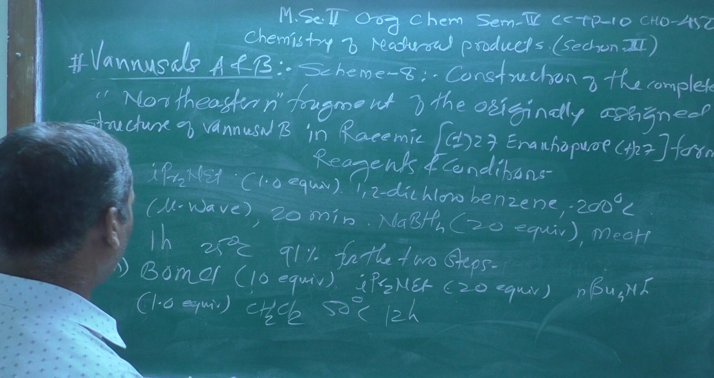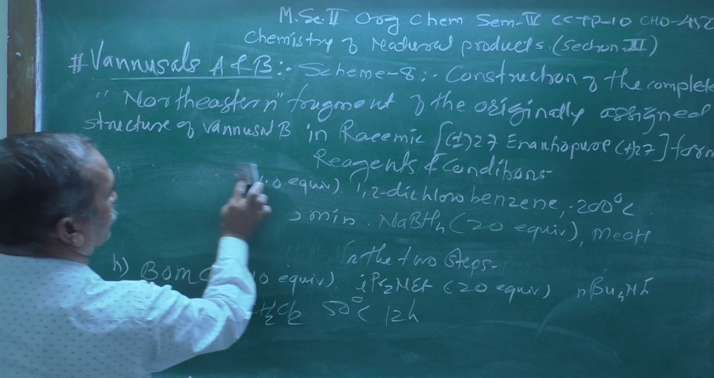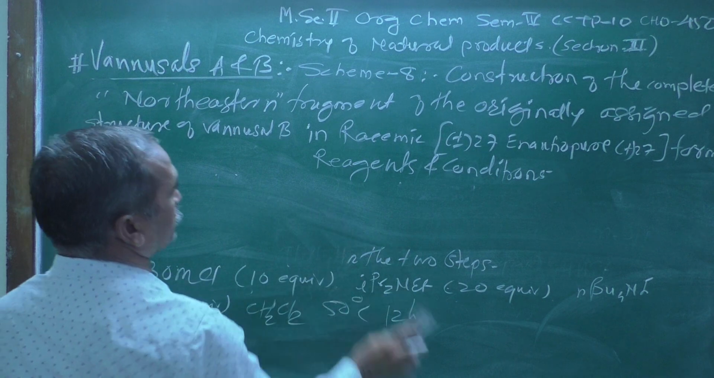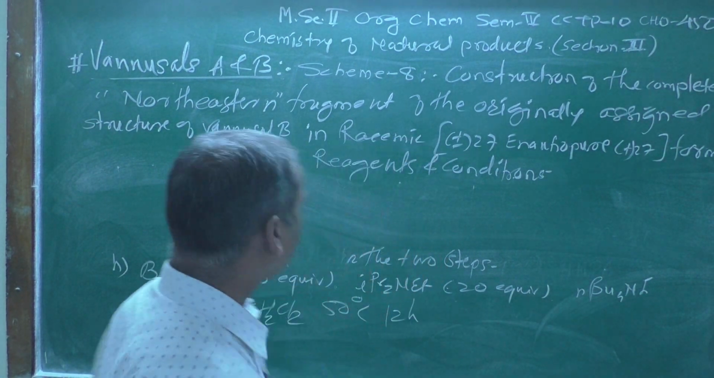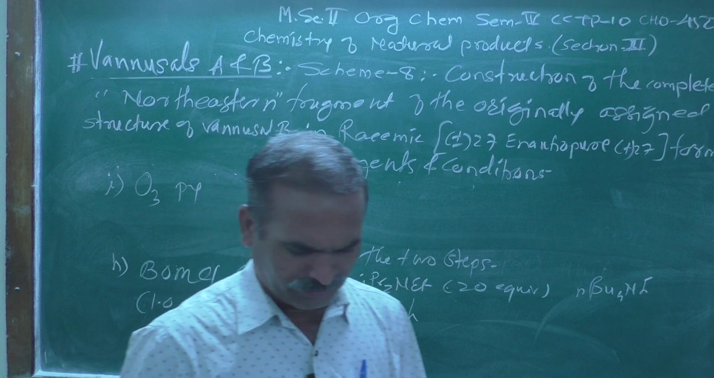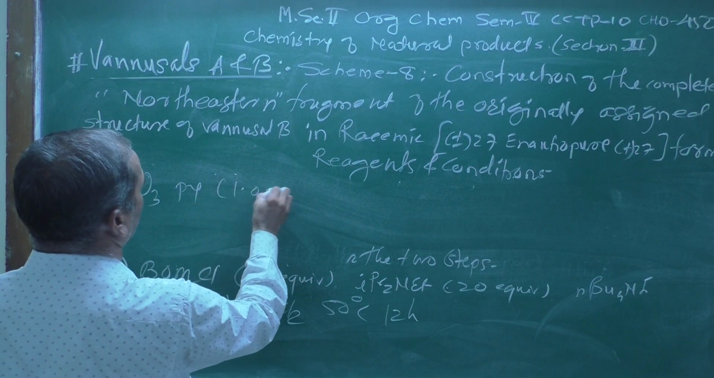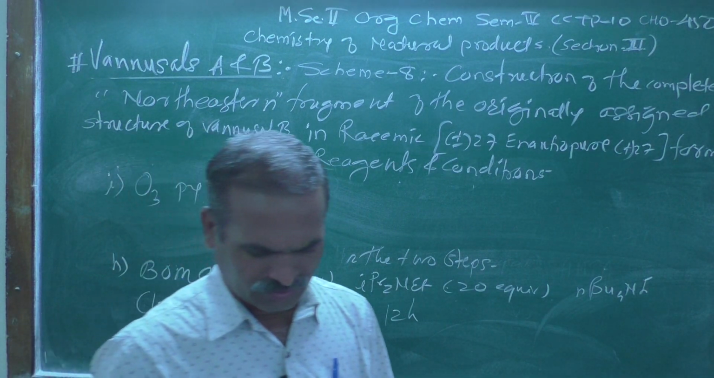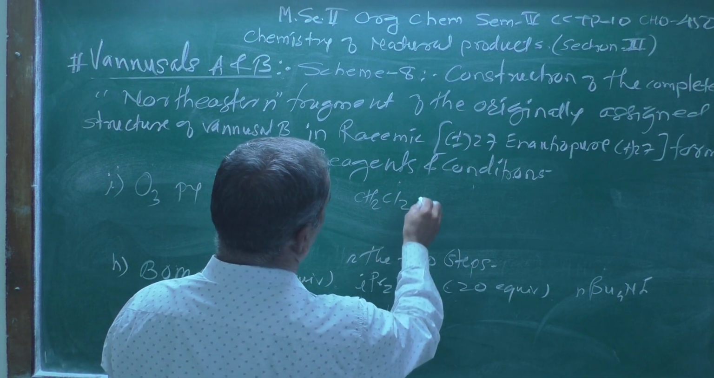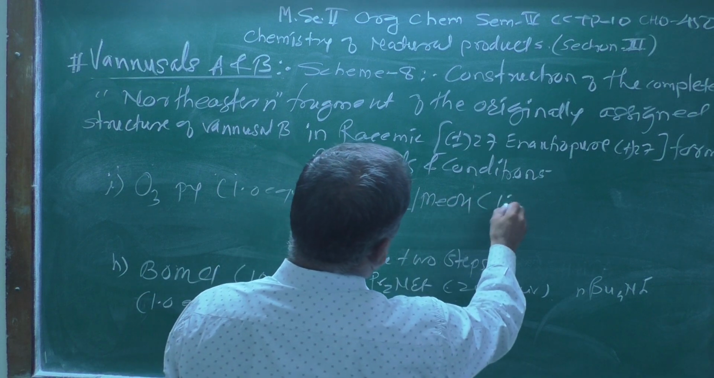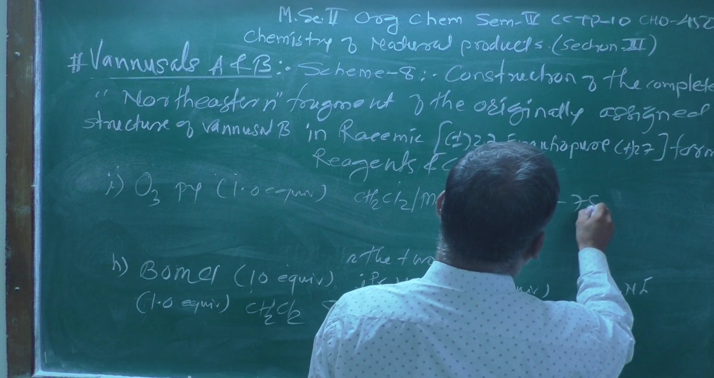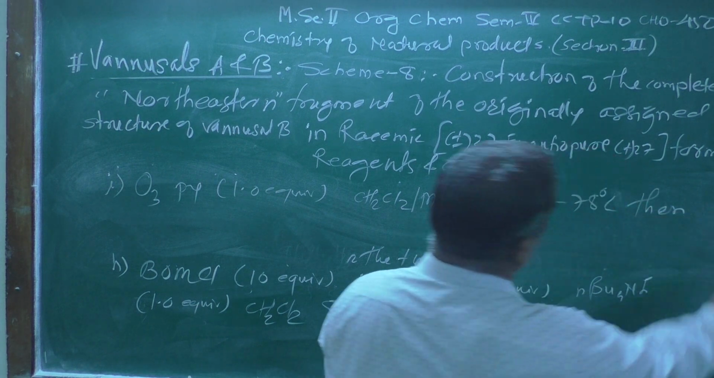Then the next reagent which will be used here is once again ozonolysis, O3 in presence of pyridine, which was taken again 1.0 equivalent, and the combination of solvent is CH2Cl2 and methanol in 1:1 proportion, and the temperature is kept at -78 degrees centigrade. Then slowly added